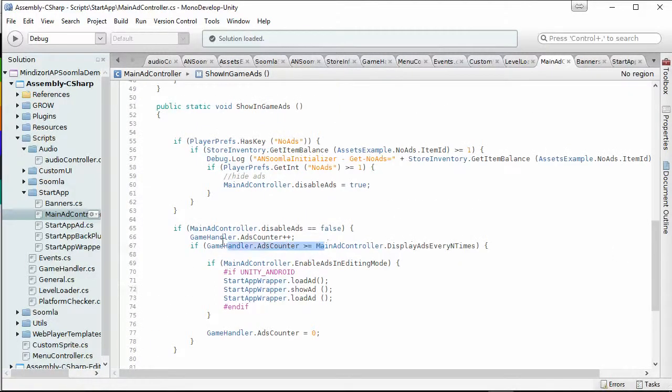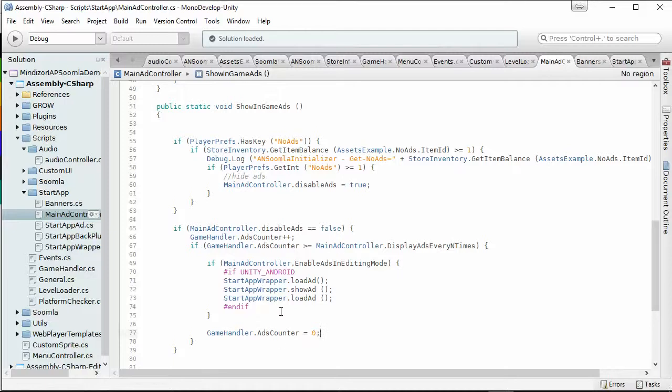Also, you can play with the criteria here. Notice here we are incrementing the ads another time. So let's say we start from 0, and after that here we're gonna be 1. So we compare if 1 is bigger than this. No, so we're just gonna come back again. So it's 2, it's 3. If 3 is bigger than this number, yeah, it's bigger. So we have to come here, show the ad, and after that we set the ads counter to 0, and after that the criteria